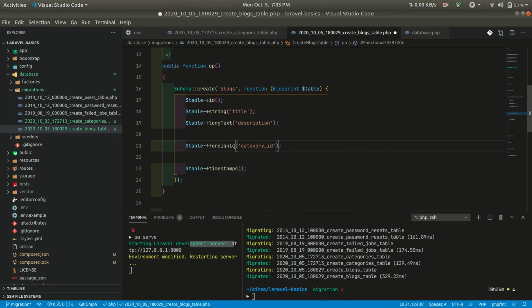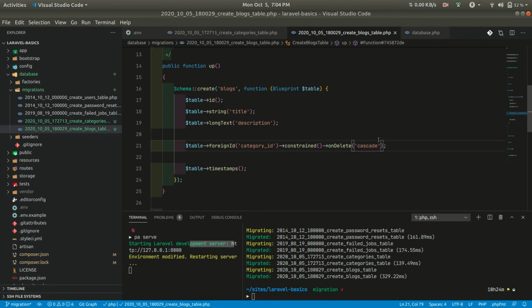So what we can do is foreignId, and we can add constraint here. If we do this, then with foreignId, Laravel will look at this category_id, ignore the underscore id, and look at the plural form of category, which is categories. So it will look in the categories table and add the index to that categories table like this. And after this we can call on delete